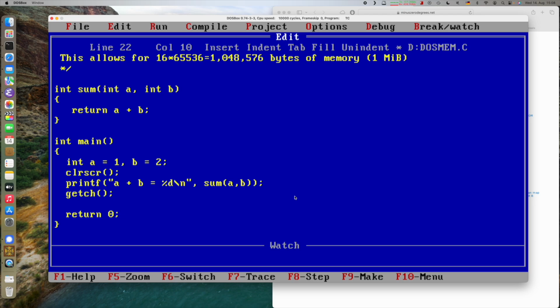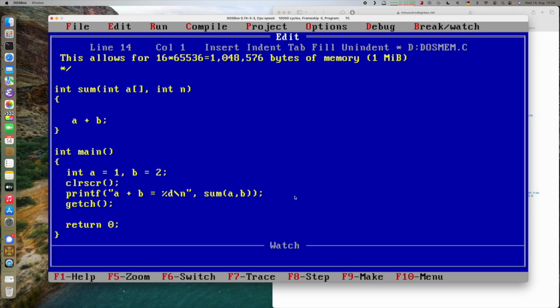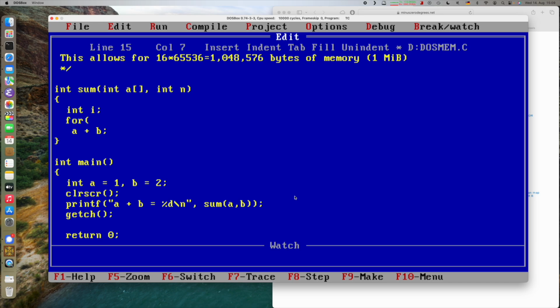Now, what if we wanted to pass an arbitrary number of integers, let's say? How could we do that? We could do that by passing a vector or an array and a number saying how long that array is, and we could, for example, then write a loop. Let's do that here. We need a running variable, a loop variable, and we'll do something like i equals 0, i is smaller than n, we increment i,